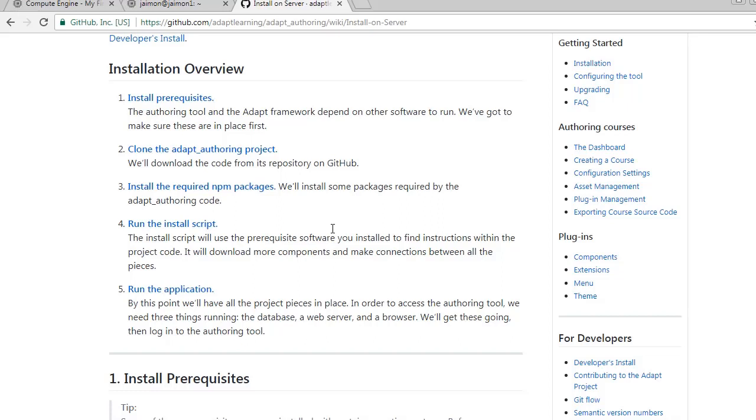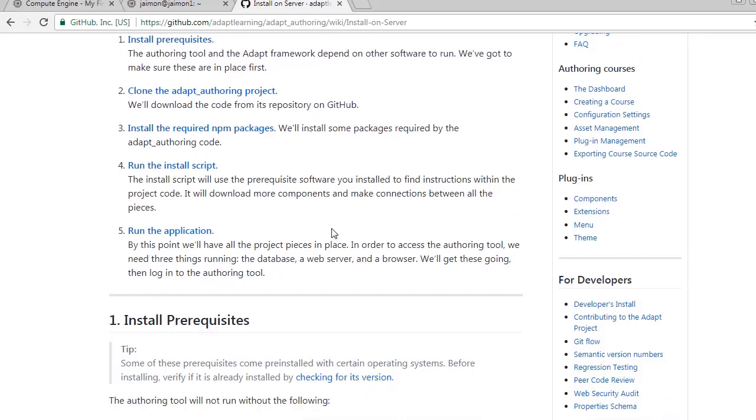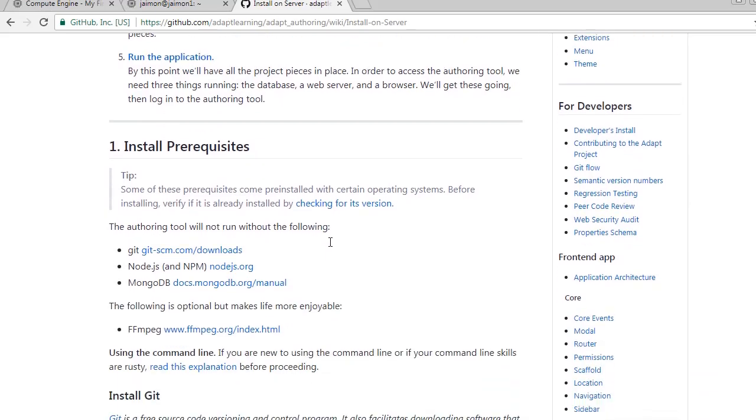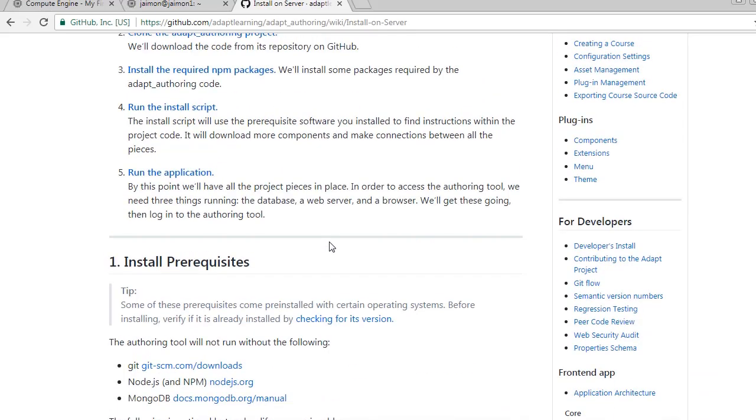I was always coming into errors with the adapt command line interface installation. And now we'll basically follow the same steps, but like I said, a couple of extra steps to make sure that we are getting a clean install. So let's